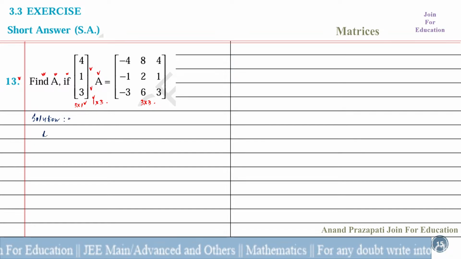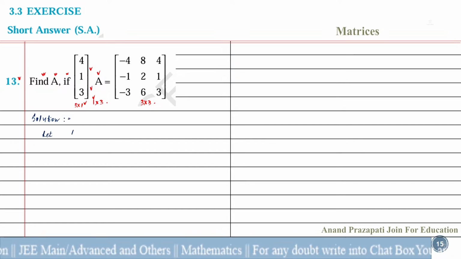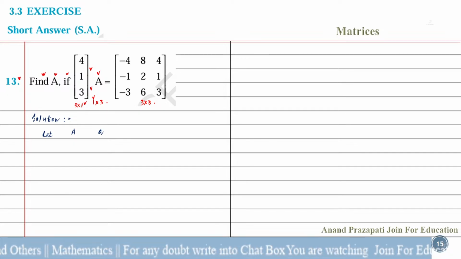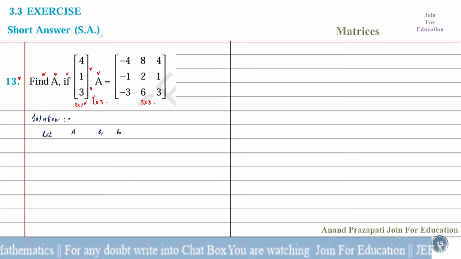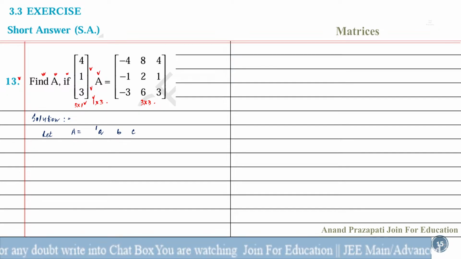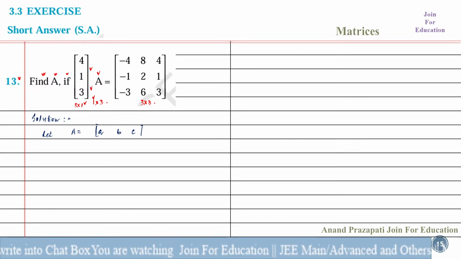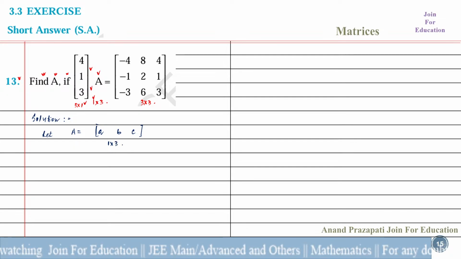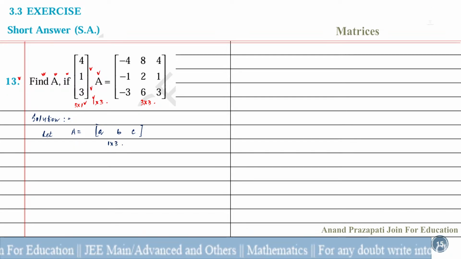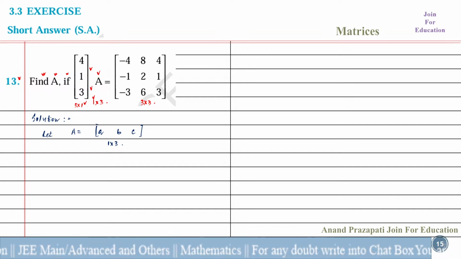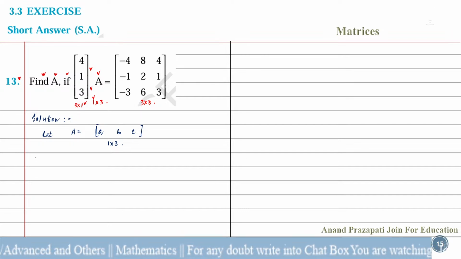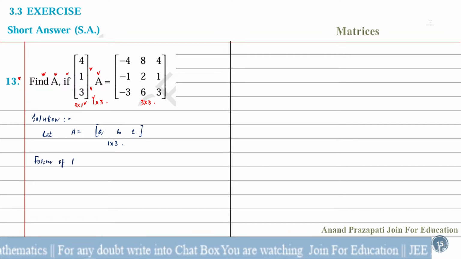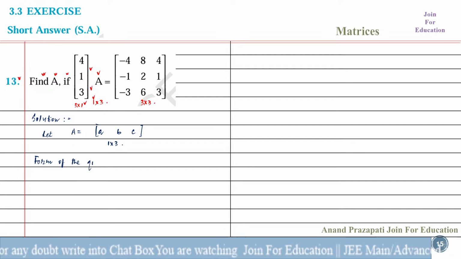Let A equal to 1 by 3. So we write down here A, B, and C. Matrix A equal to this one. The order of this matrix is what? 1 by 3. There is no problem to understand up to this step. Therefore, the form of the question here will be